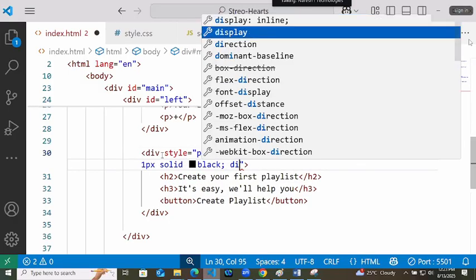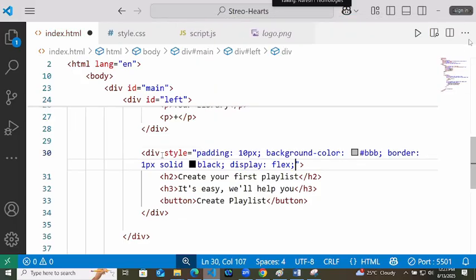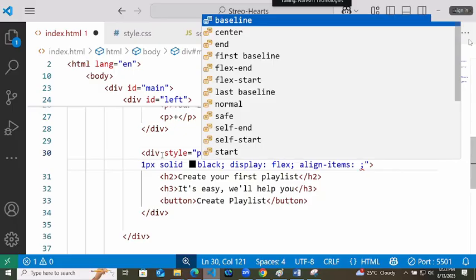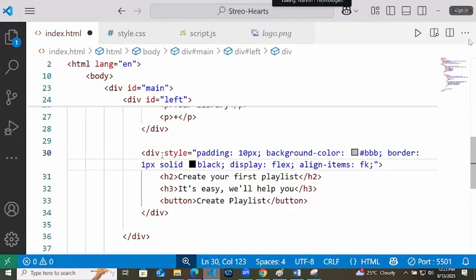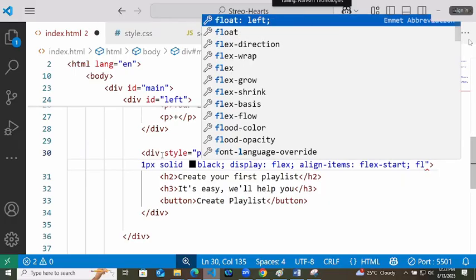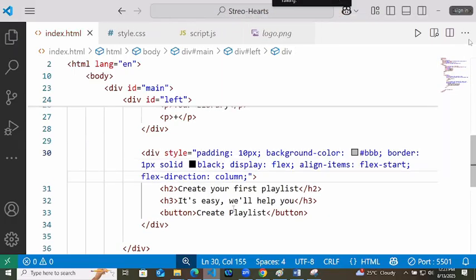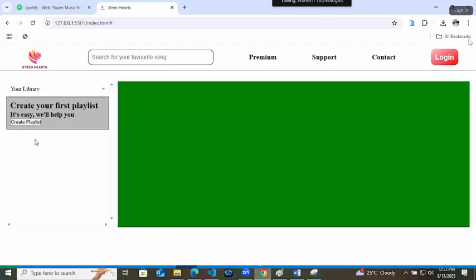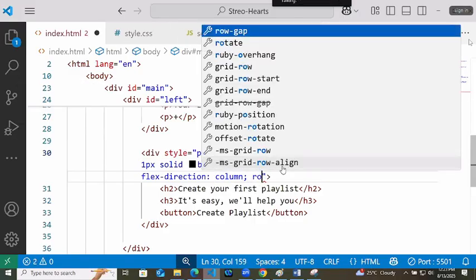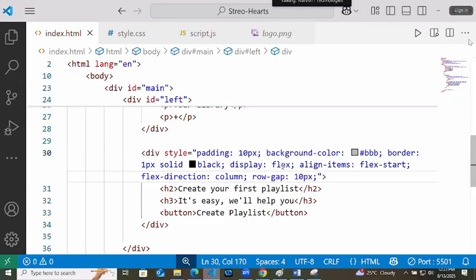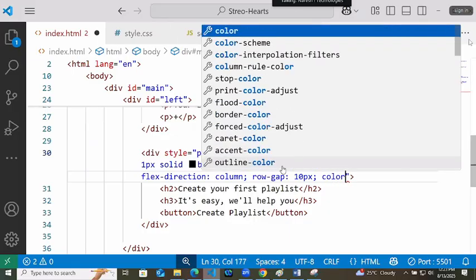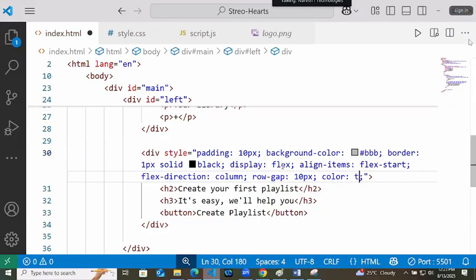This is displaying flex, aligning the items not center but flex start, and its flex direction is column. So we will get them in this line. Give a row gap of 10 pixel. Text color you can give as white.